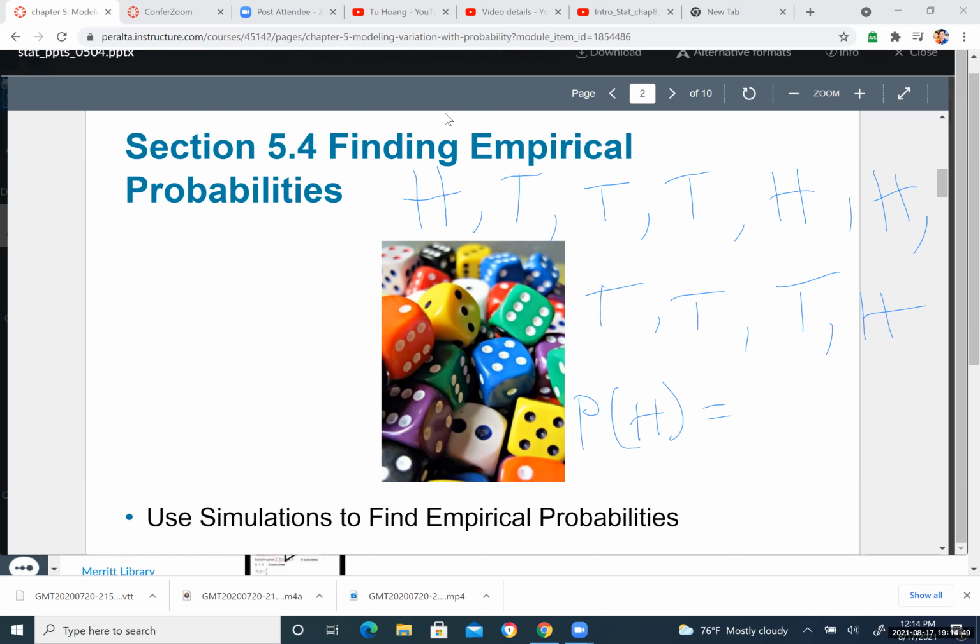And then you count how many of the head. So 1, 2, 3, 4, you got 4. So out of 10 times of the flips, and you simplify, you got 2 out of 5. And in order to find